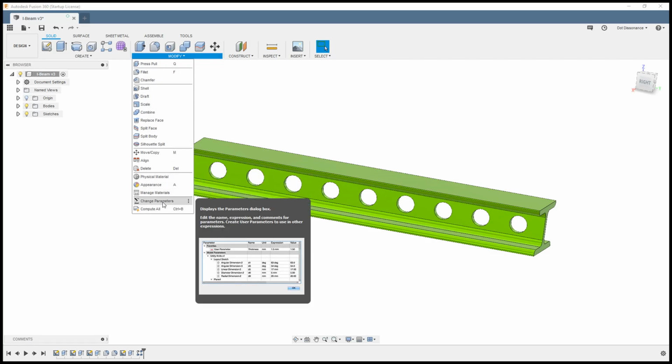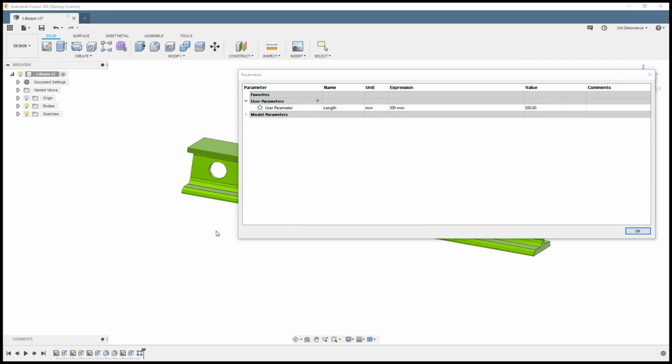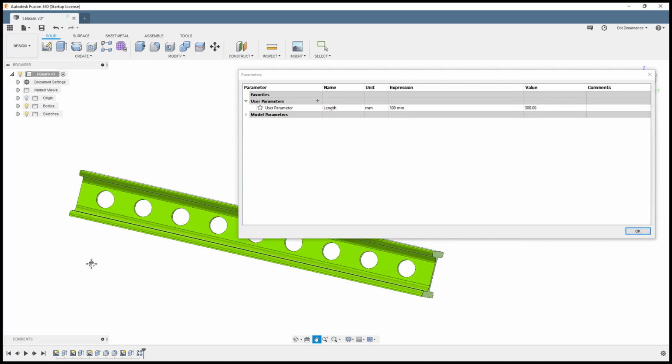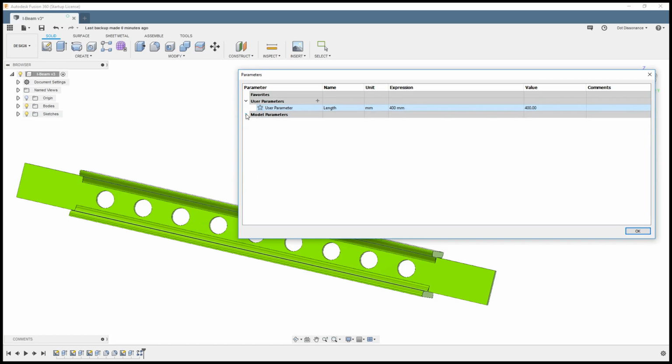So if everything's working properly, we should be able to come back here and let's go ahead and move this over here a little bit so you can see. And we'll change the user parameter to 400 and the webbing changes as before. Now I know that maybe this doesn't seem like it was that much easier, but it's mainly because I didn't have to drill down through all the rest of this to try to find it. So now if I want to change the length, all I have to do is pop in here, hit this,